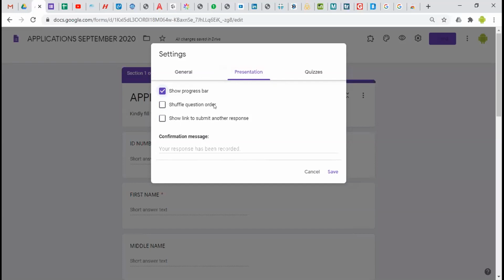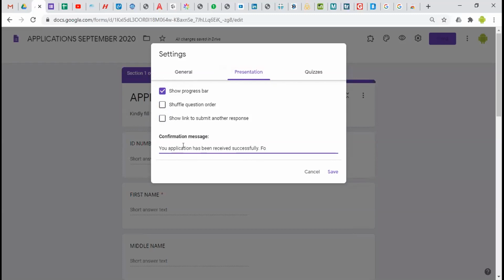You can also shuffle the question order in case it was a quiz. Then you can tell them that your application has been received successfully.